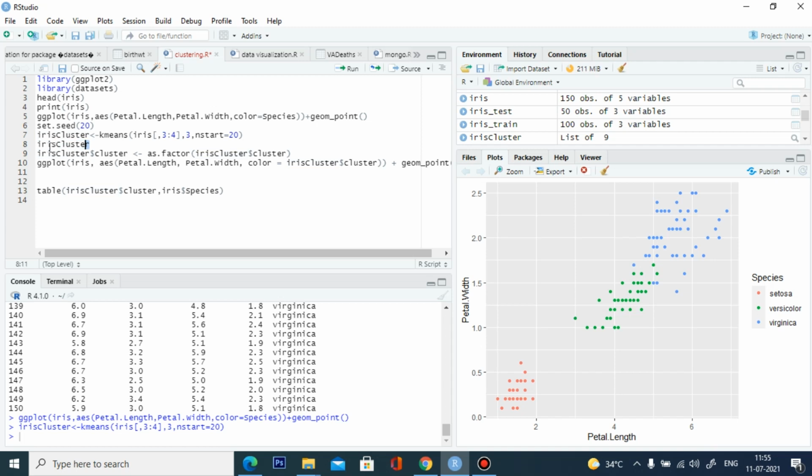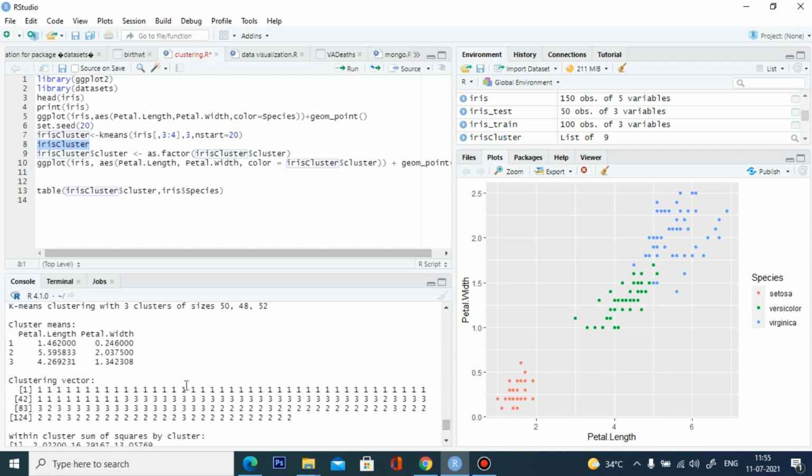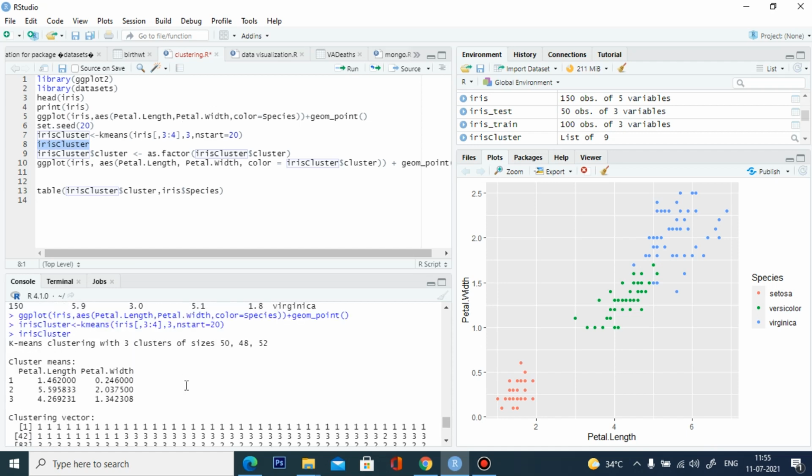We are going to print the iris cluster, which is nothing but our k-means clustering. Here it shows a lot of data. K-means clustering with 3 clusters of sizes 50, 48 and 52. So the first cluster has around 50 samples, the second cluster has 48 samples, and 52 is the third cluster sample size.